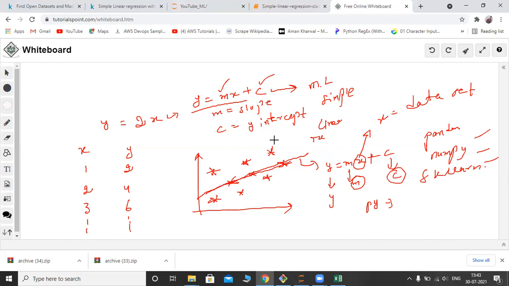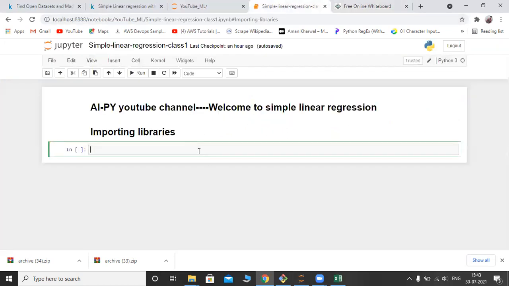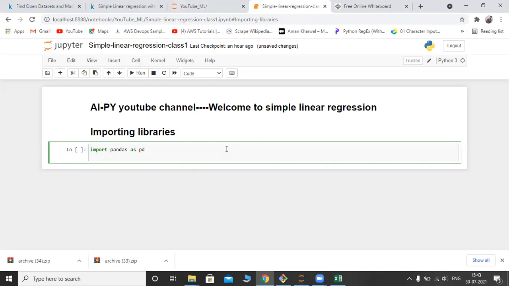For this, I'm going to open Jupyter Notebook. Let us dive into our Jupyter Notebook. First, I will import libraries. I said that we need some libraries, right? Import pandas as pd. This is a convention in the IT field, everyone uses import pandas as pd, so I'm also using it. Nothing more than that. It is aliasing; you can use pd or something else, whatever you wish.